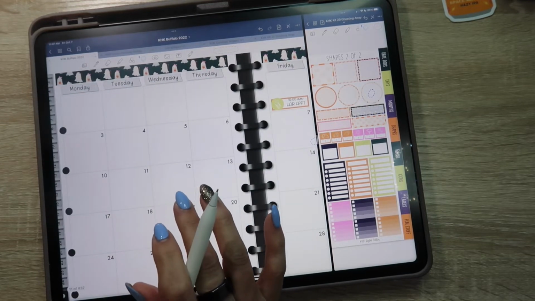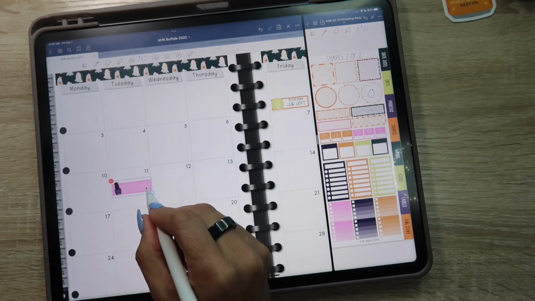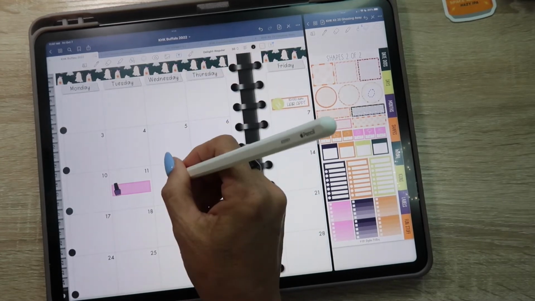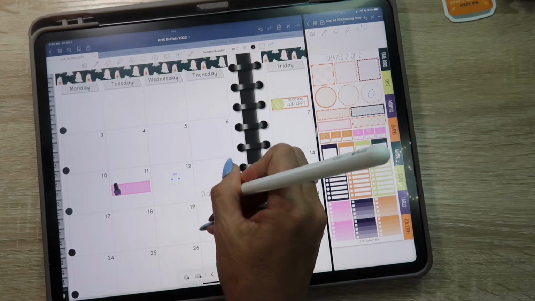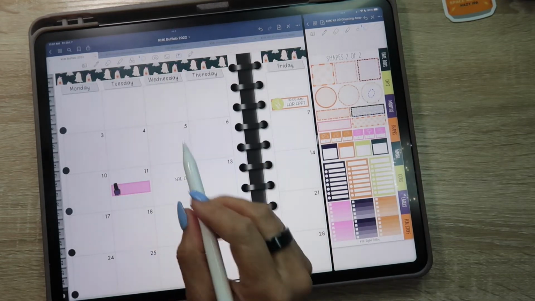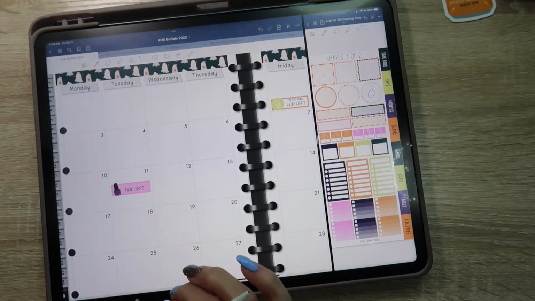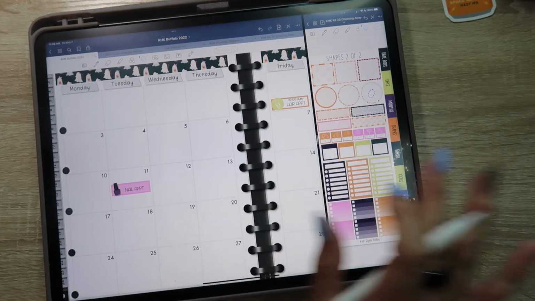And I'm going to get my nails done on Tuesday. I don't know what time I'm going to go yet, so I'm just going to put nail appointment. And then based on my work schedule, I will figure out when I can squeeze that in. Squeezing a lot of stuff in really quick before I go. All right, I guess before I go any further, let me lay down all my